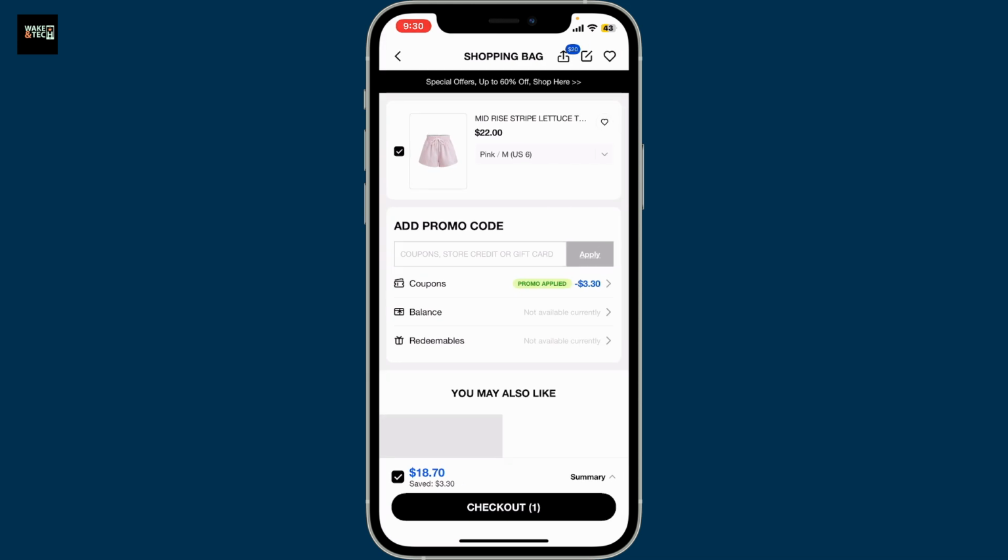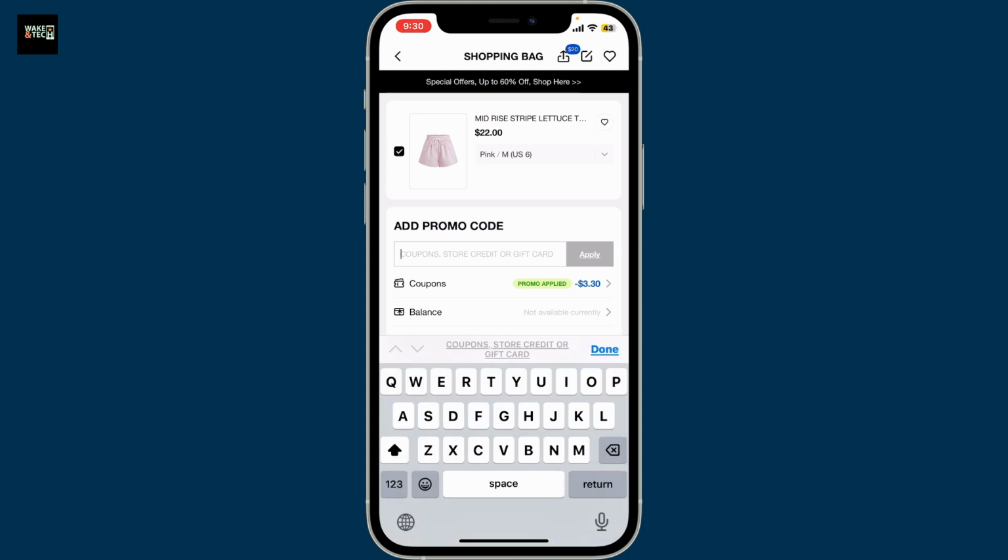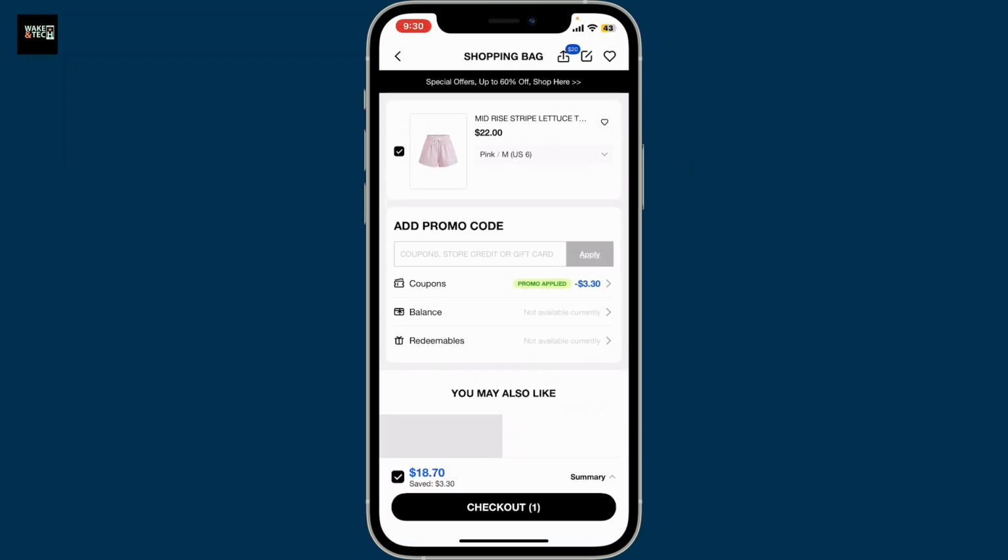From here, you can go ahead and enter a promo code or gift card if available in the text box at the top where it says Add Promo Code. If you want to apply the promo code, type it down in the text box and tap on Apply right next to the box. If you just want to check out without the promo code or coupons, simply tap on